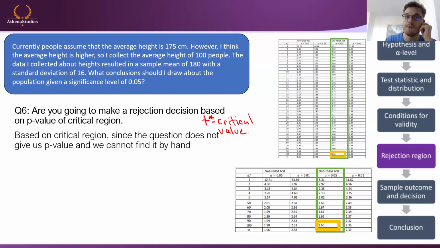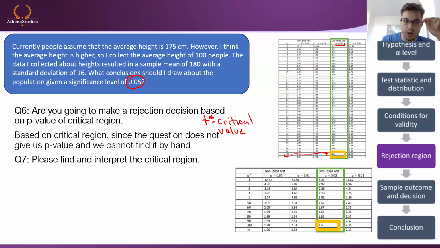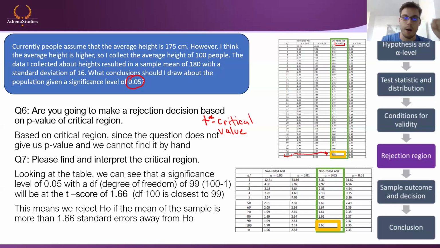We find the critical value based on the significance level. So we go into our one-tail test. We see that alpha is 0.05 for our degrees of freedom, which for us is 100. We go in here and we find it. So it's 1.66. For us, the T critical is 1.66. Now, we have our test score, our T, at 3.125. Since this T is bigger than our T critical, that is a condition for rejection.